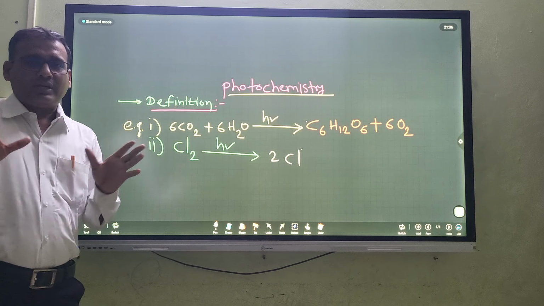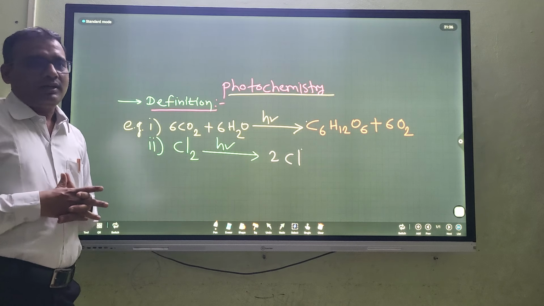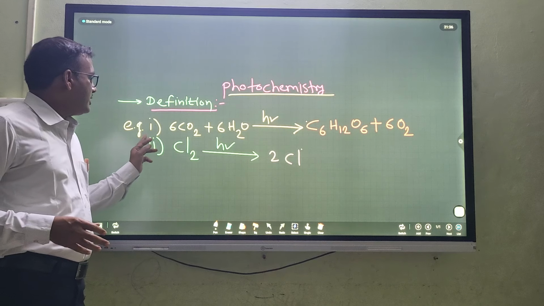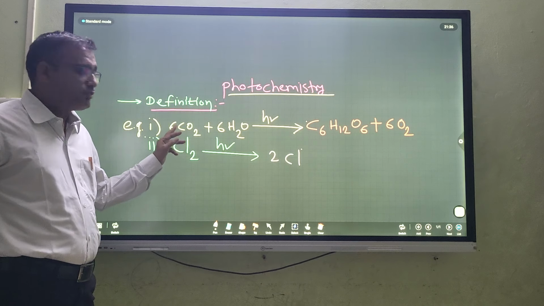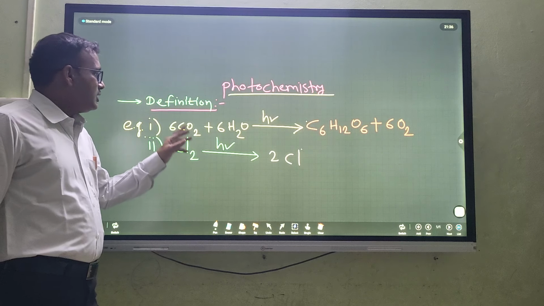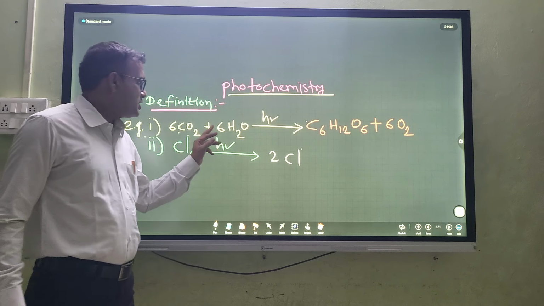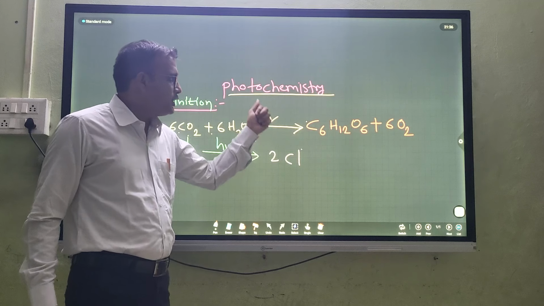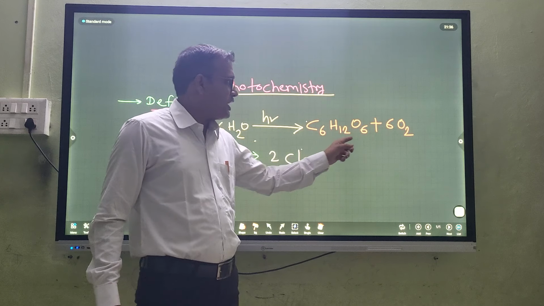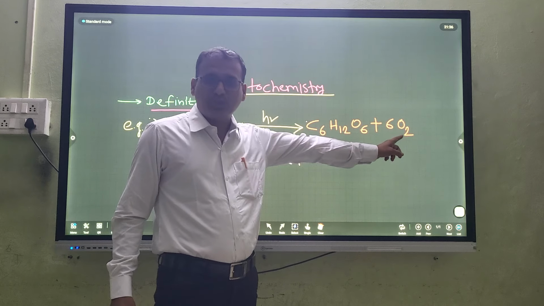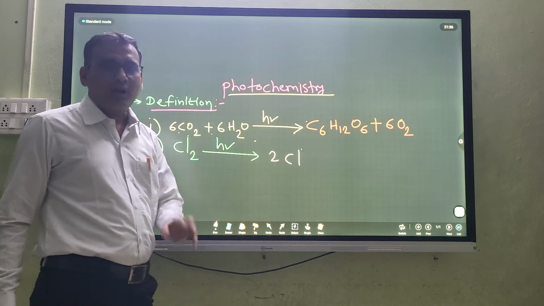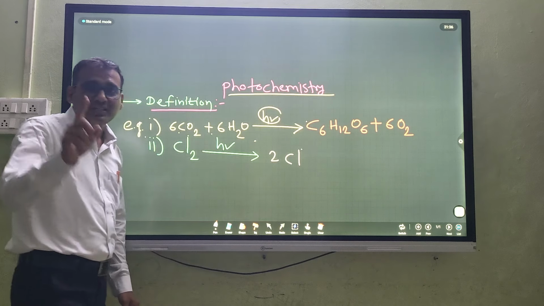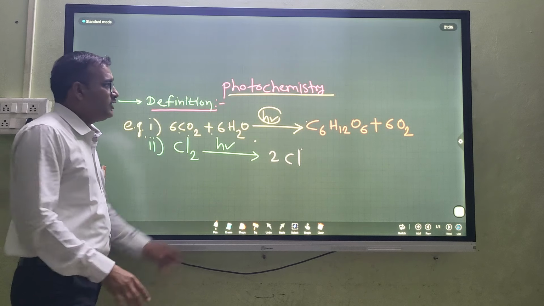Now, we know that there are various types of photochemical reactions. Number one is photosynthesis reactions. In the photosynthesis reaction, 6CO2 plus 6H2O in presence of ultraviolet light gives glucose and the byproduct oxygen molecules. In this case, what happens? The hν is ultraviolet light, and in photochemistry